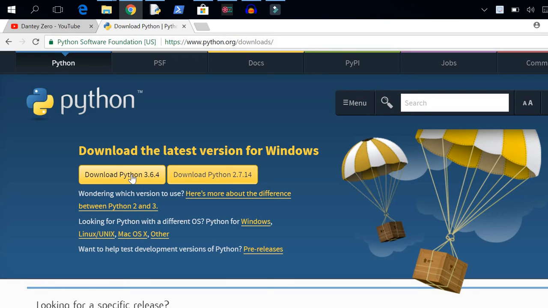And once you download it, click on the exe file and run it as administrator, then click next, next, next, next, and then finish it, and everything will be fine. And when you need to use Python,